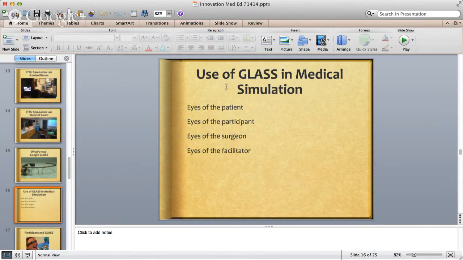My favorite is eyes of the patient. Eyes of the participant, that's where we stick it on one of the students or residents and just experience the scenario through their eyes. For a teacher, that's extremely helpful because of the Google Glass